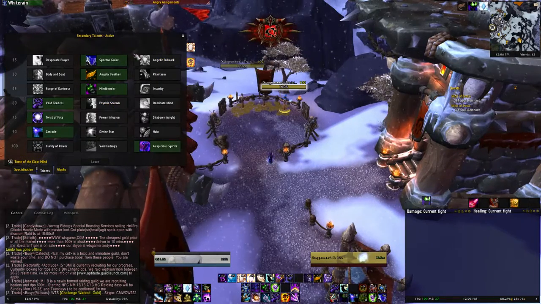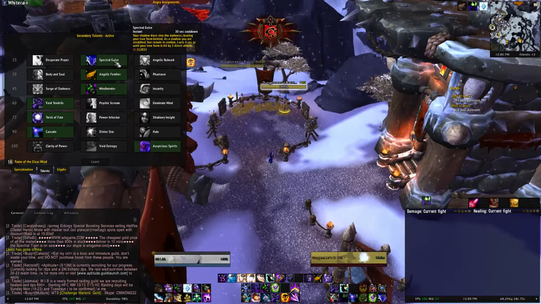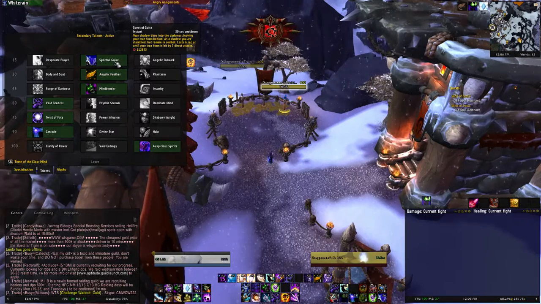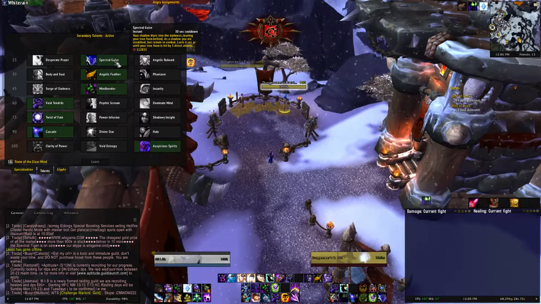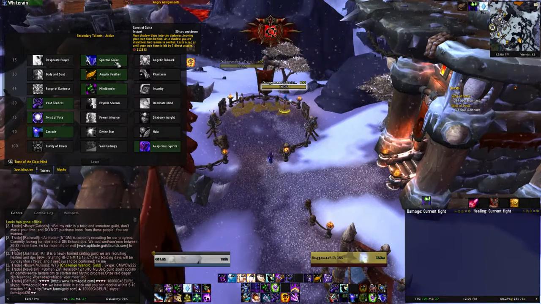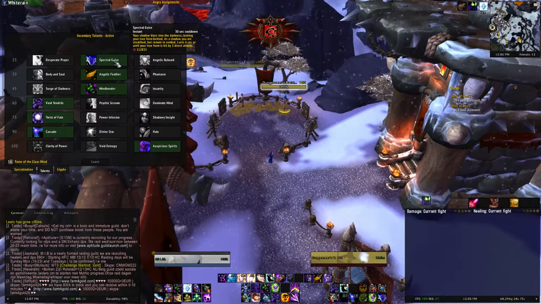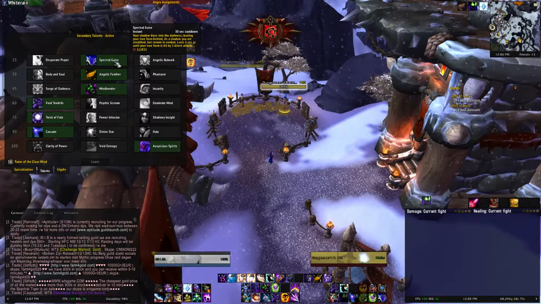So for tier 1, we have Desperate Prayer, Spectral Guise, and Angelic Bulwark. Now, just like in Blackrock Foundry, there are things which we can guise to make the fight a bit easier. An example would be Shadow Lord Iskar and the Chakrams. So, as a Shadow Priest, if we spec into Guise, we can then guise to Chakram, and then all three